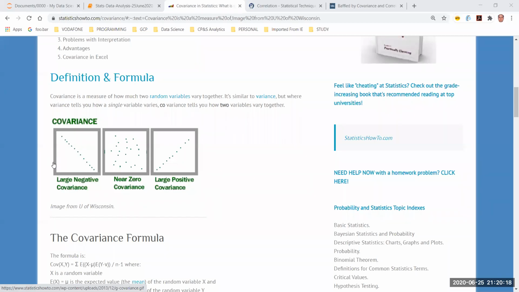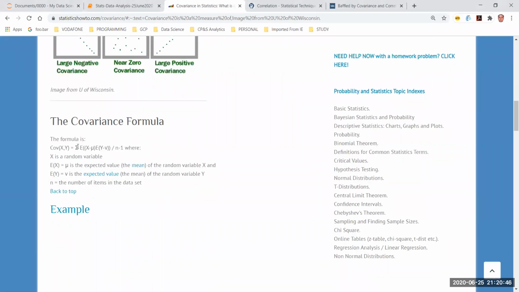Rather than looking at the variance of one variable, which we know how to look at, right? We know how to calculate the variance. Using the mean, we can calculate the variance. Now, what if I try to plot both of them and try to figure out the way in which they are getting varied with each other? That's why it is known as covariance, right? Variance is where you look at a single variable. Covariance tells you how two variables are going to vary together, and the formula is going to be something like this. The formula here is a summation.